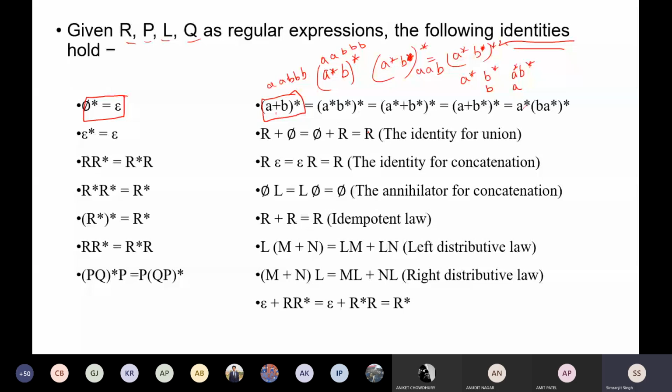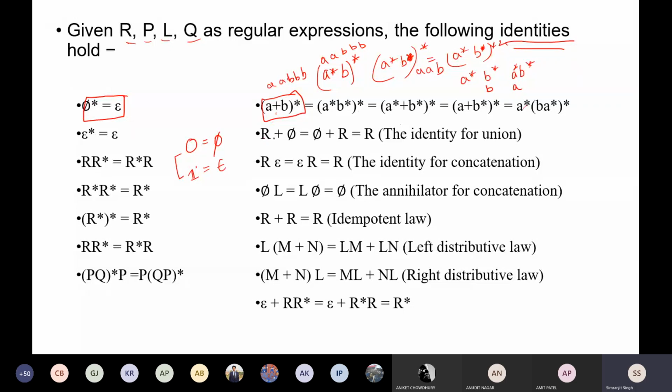There is no extensive use of it, but it is very useful if you keep these identities in mind. Always consider phi in set theory as zero. Keep that in mind, it will be very helpful in these identities. And consider epsilon as one. It will be easier to remember these expressions.